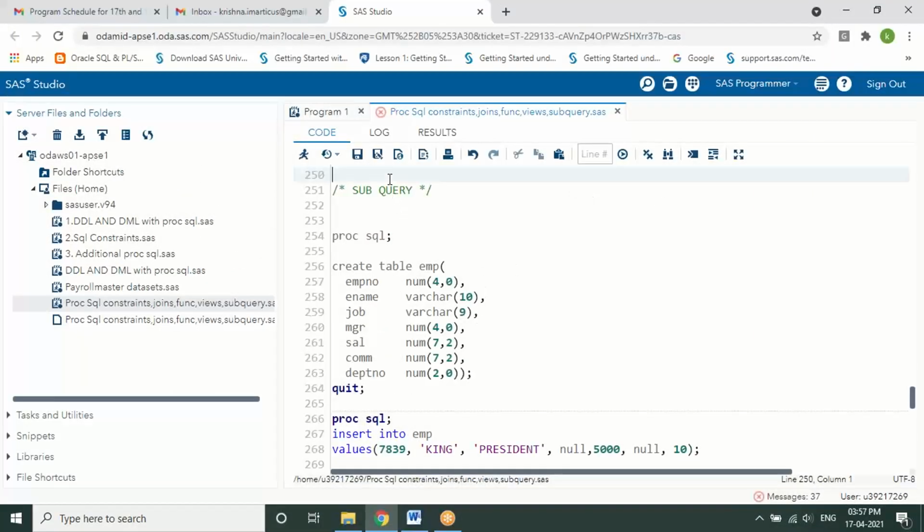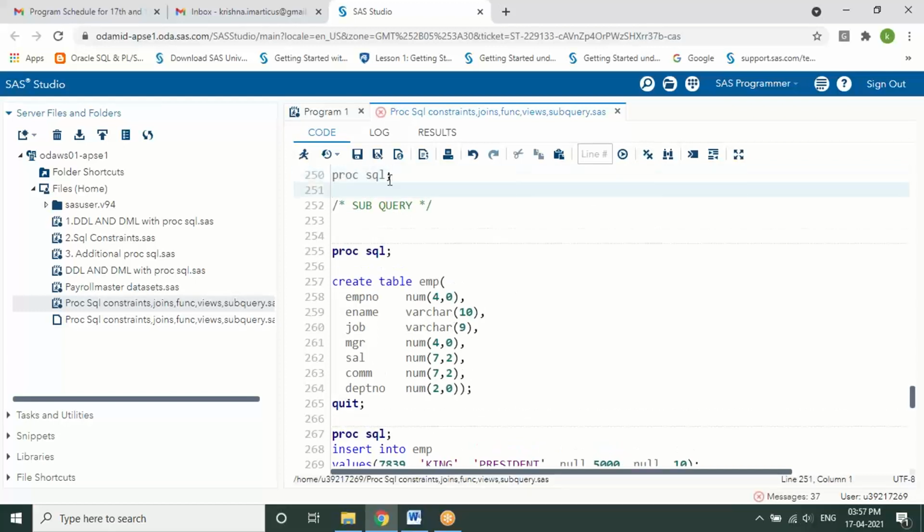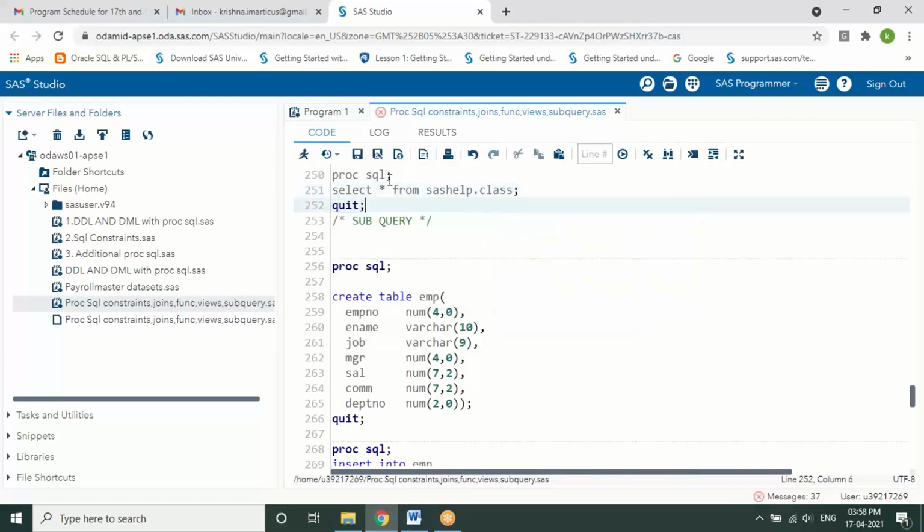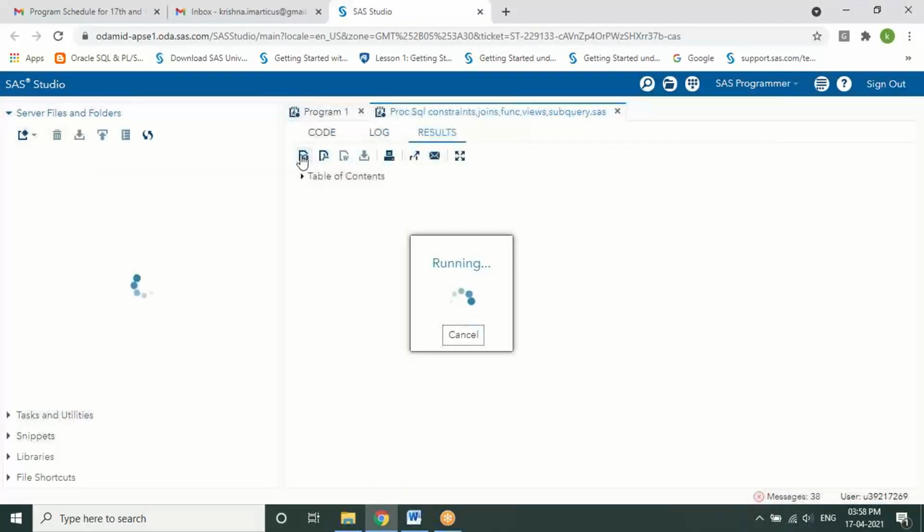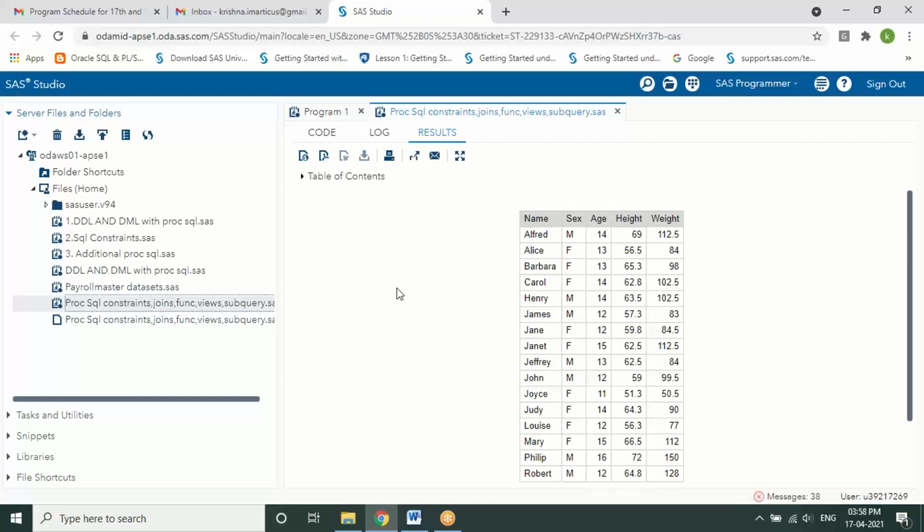So let's say I have a table. First let me display you something. So select star from SASHELP.class, which I have a table here, which I want to display. On this particular table, I wanted to display some aggregate function. What do you mean by that?